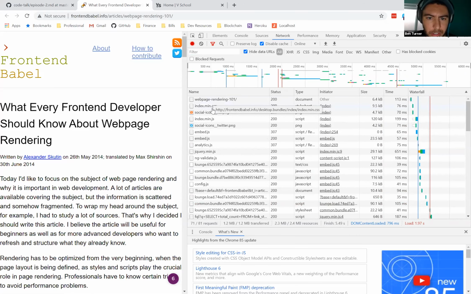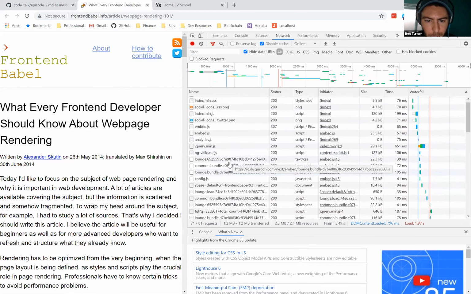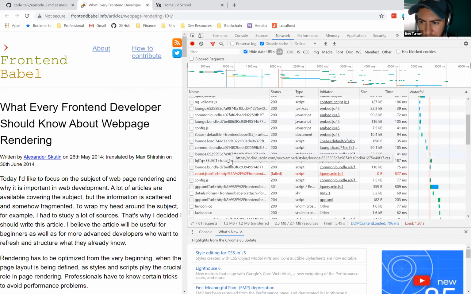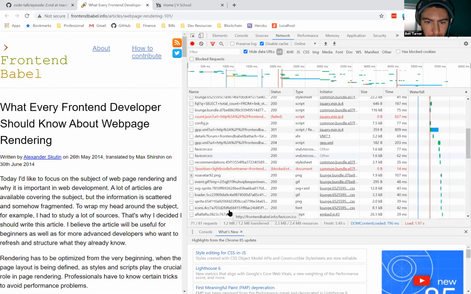There's some CSS, there's some JavaScript files. In fact, quite a few JavaScript files. You can see .js. We got some images, some PNGs, some more CSS, some more JS. As you can see, most of these are JavaScript or CSS files. There's favicon.